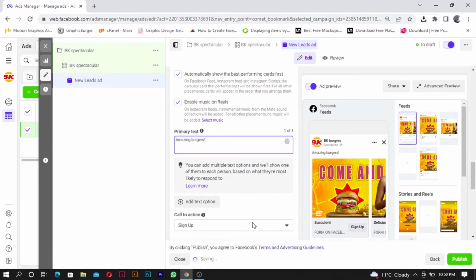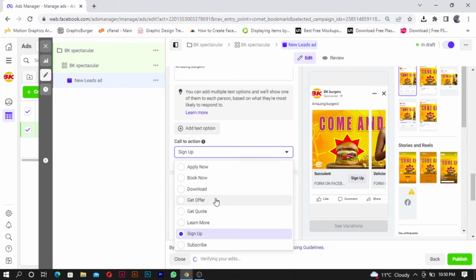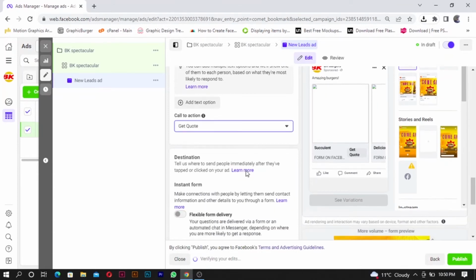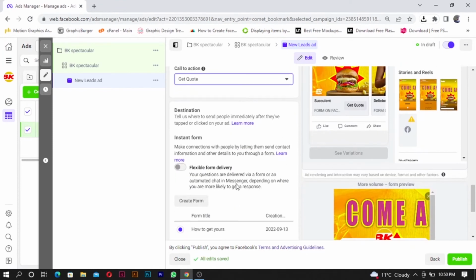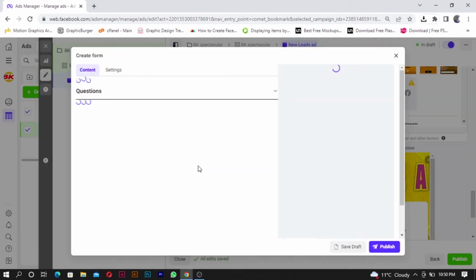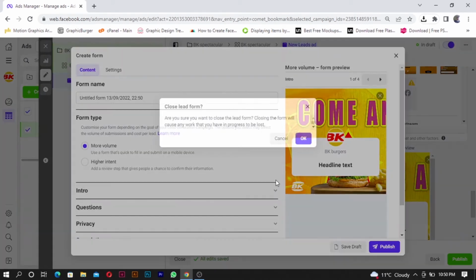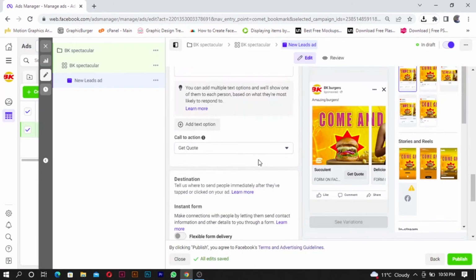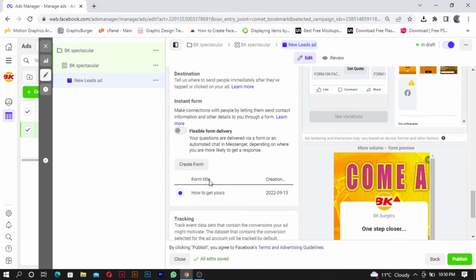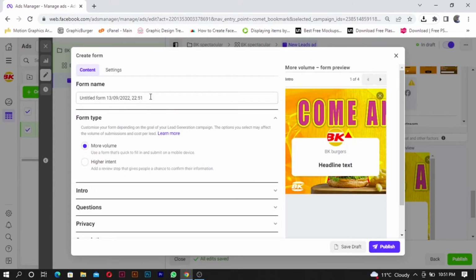Cool. And now the call to action would be for them to, let's say, get a quote. Cool. Call to action would be to get a quote on their own made burger. And then we would be creating a form. Sorry about that, let me just come up so you can see it's right under the call to action. Since we selected to get a quote, we'll be clicking on the form and we'll call this form